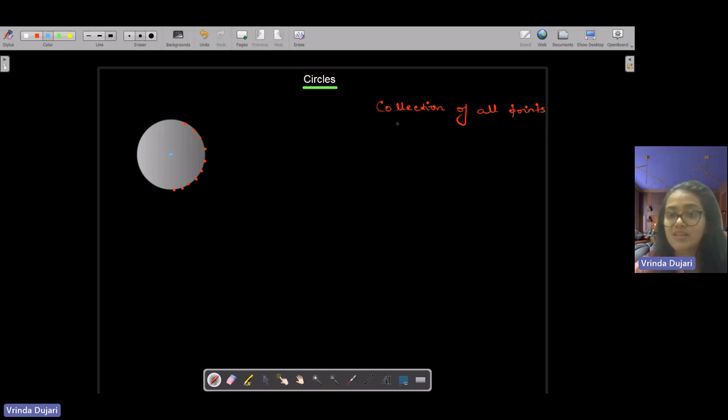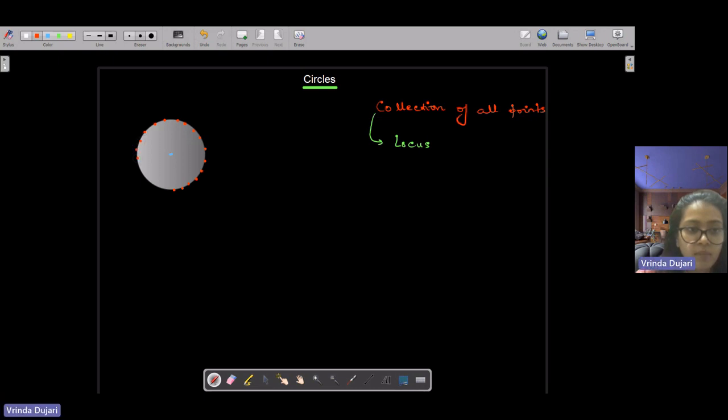We also call this collection of all the points which are equidistant from the center a locus. A locus is a collection of all the points which follow a fixed property to give you a curve. There are some points which follow a fixed property, and they give you a curve. So here, all these red points,